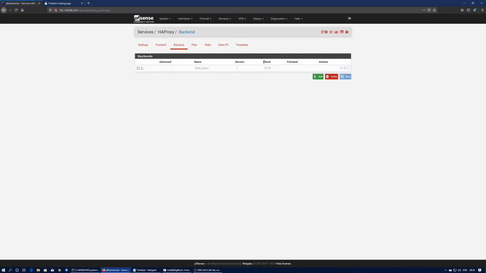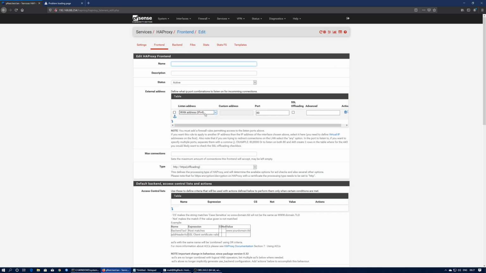So we have here our web demo. At the moment, nothing's going to happen, but you can see you can create many backends in here, and then you reference all the backends in your front end config, which we don't have yet. So we need in here a front end. So I'm going to call this HTTP 80. Okay, and it is active, and it's going to listen on that virtual IP we created, which I also named HAProxy LB. Okay, on port 80,